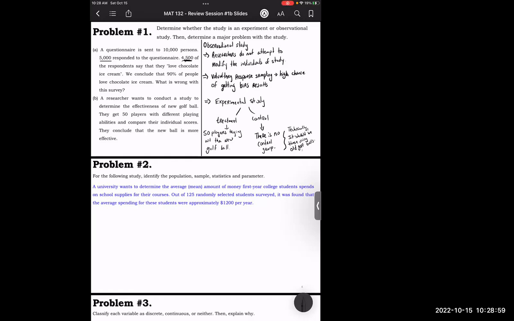Okay, cool. All right, so let's look at problem number 2. Problem number 2 states that for the following study, identify the population, sample, the statistics, and the parameter. Okay, so the population is, by its definition, everyone of interest, whether that could have been humans, animals, or even possibly objects, right? So it's all individuals